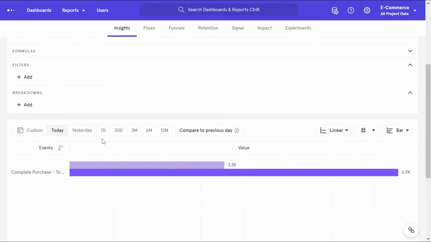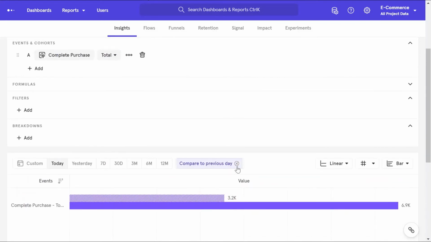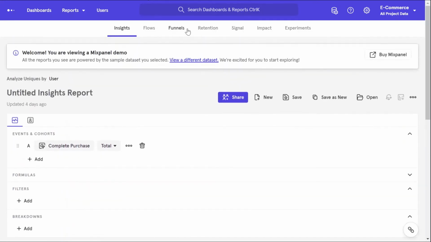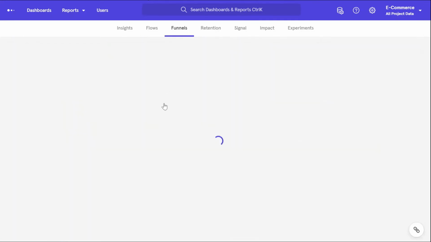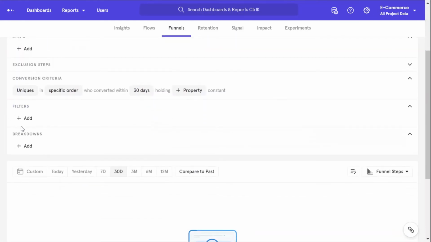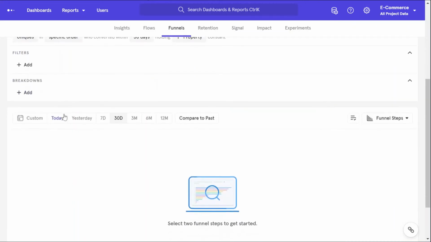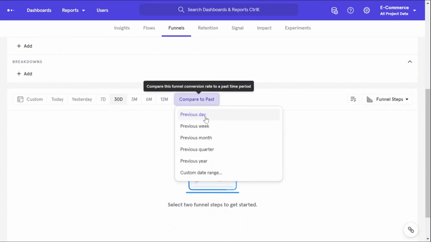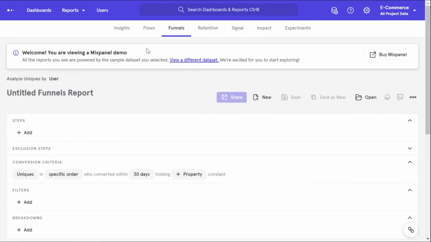Then once you had figured out which cities it had gone down in, you wanted to draw a funnel for the users who placed the order, and specifically for those cities. So in the filter here, you would have selected those cities where the orders had gone down. You would have seen the funnel, and here again you would have compared the funnel to yesterday to see which part of the funnel has really gone down.